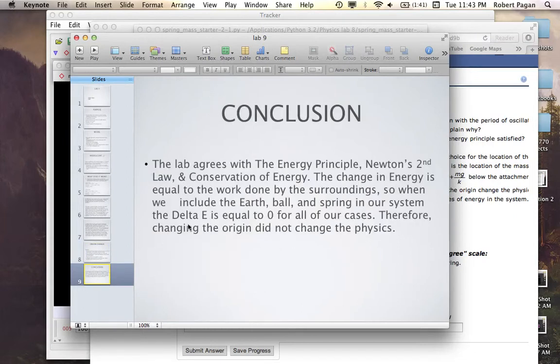And in conclusion, the lab agrees with the energy principle, Newton's second law, and the conservation of energy. The change in energy is equal to the work done by the surroundings. So when we include the earth, ball, and spring, the delta E is equal to 0, and so changing the origin didn't change the physics